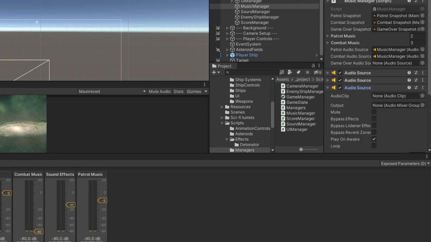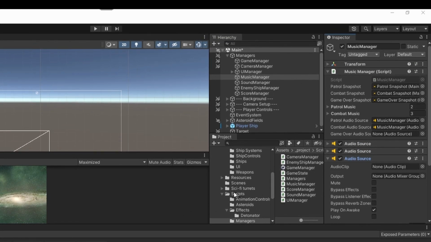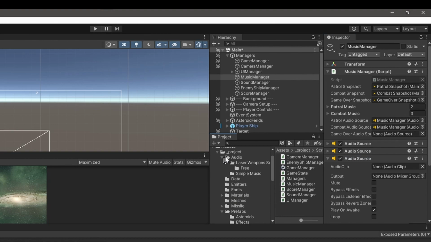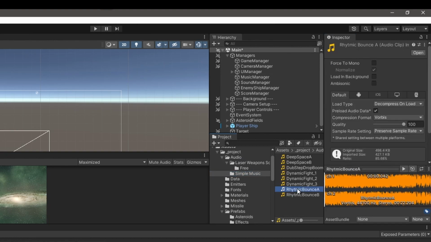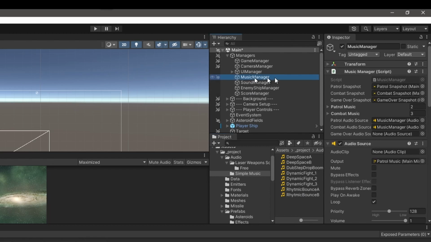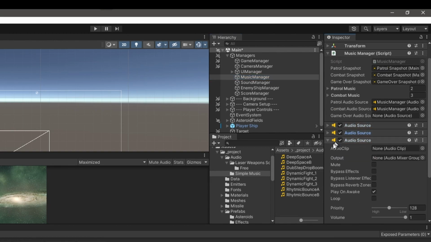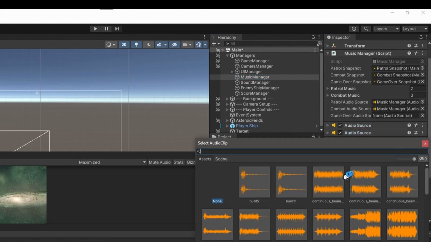So what would be a good music clip for our game over audio source? If we go into our audio folder, under simple music, I like that, rhythmic bounce A. So go up to music manager and go into that audio source, and we'll pick